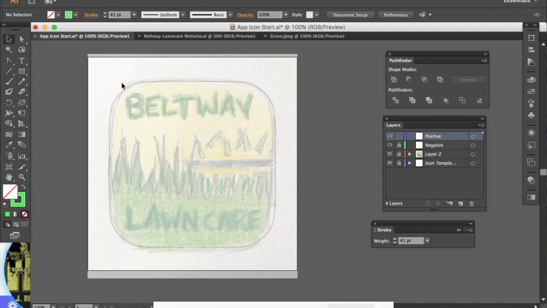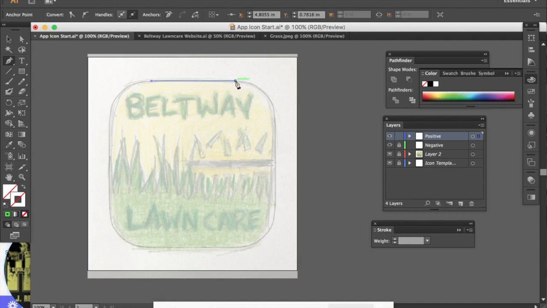So I'm going to click on P for the pen tool. I'm going to go none for the stroke. And now I'm going to start laying in my path. I'm just going to go ahead and lay in these anchors as I go all the way around. I know it's straight along the sides and then it just curves along the corners, and I'm just going to complete this outside shape. And then I'm going to go back and do Shift C on my keyboard,